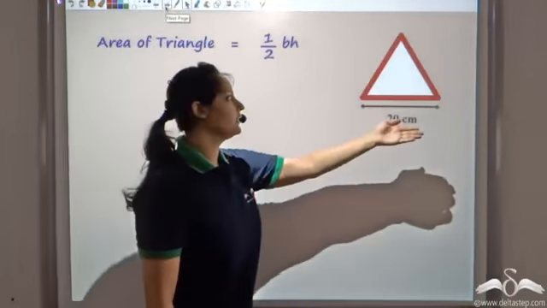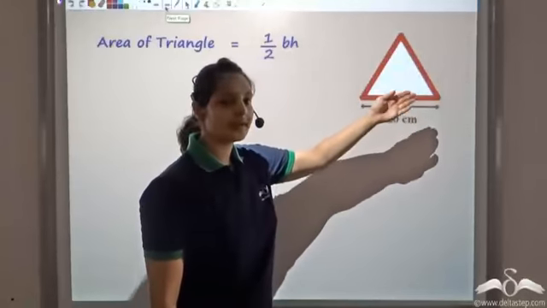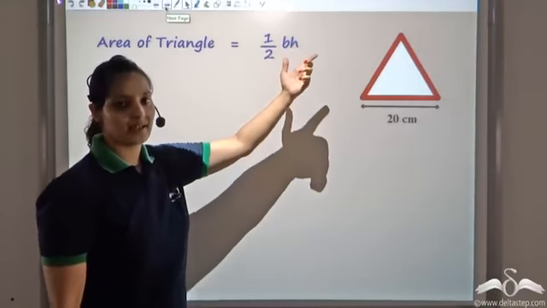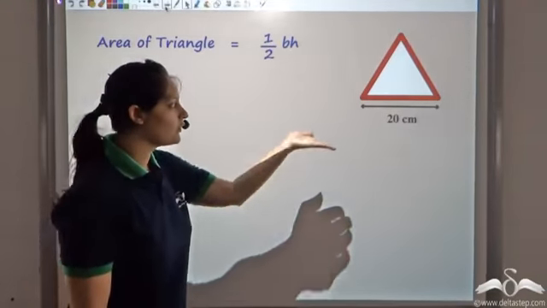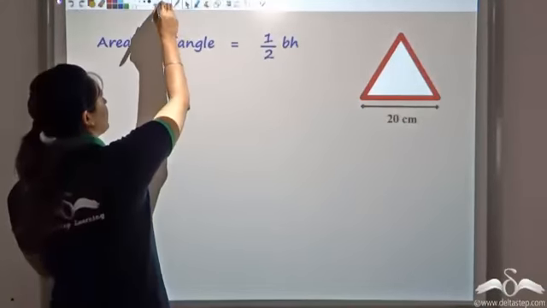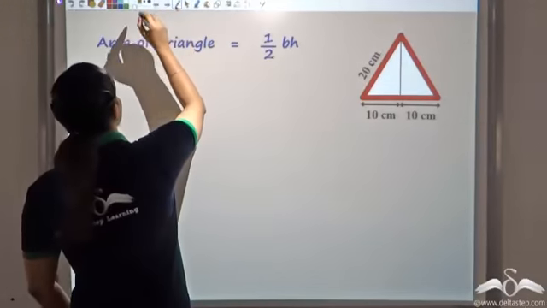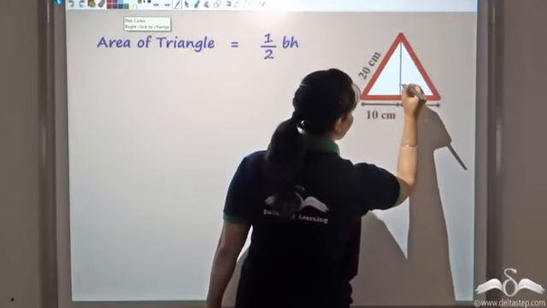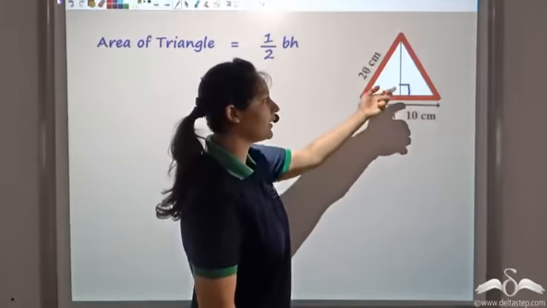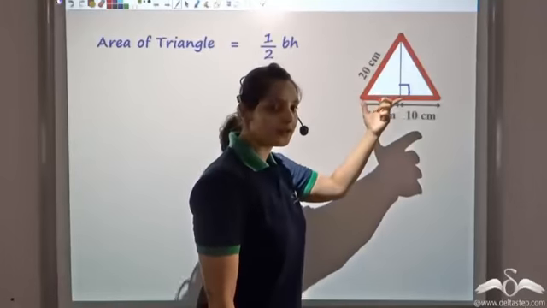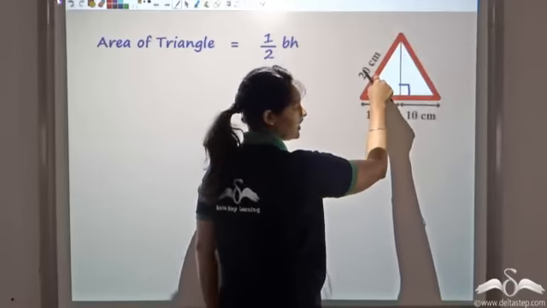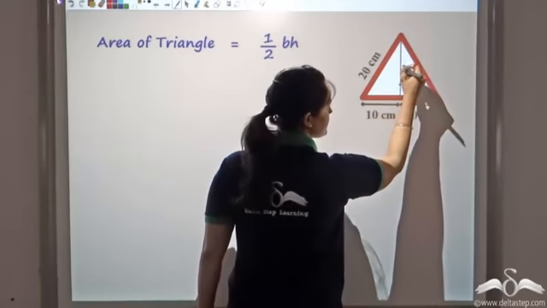So now he had to find the area of this triangle, which was an equilateral triangle with side 20. How does he find the area? He needs to find the base and height. We know that the base is 20. All we need to do is find the height of this triangle. So let's draw a perpendicular. Now this becomes a right angle triangle, so I can apply Pythagoras theorem here. This side is 20, which is the hypotenuse. One side is 10, and this is the height of the triangle.